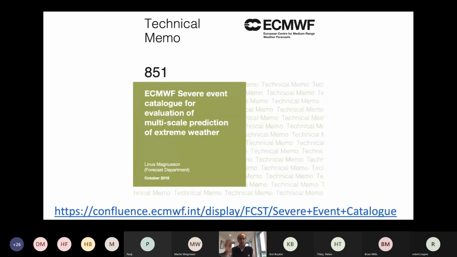And just finally, on the topic of case studies, spearheaded by Linus Magnusson at ECMWF, he's produced this catalog that's on the website linked here, where there's a few high-impact weather events that occur every year, and he has the various forecasting discussions and evaluations of those forecasts, and those could serve as some useful information and foci for investigating these cases through the value chain. And with that, I'll stop, and if there's time, I'd be glad to take any questions.